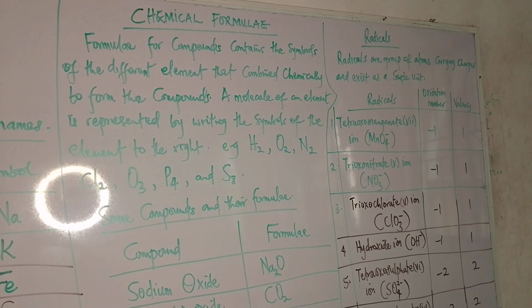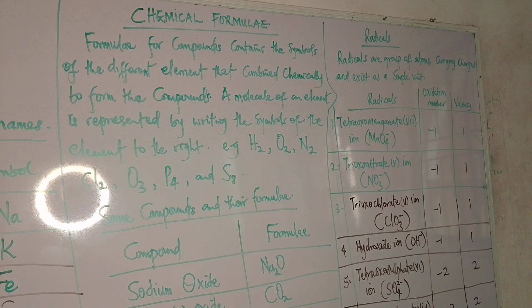The formula for a compound contains the symbols of the different elements that combine chemically to form the compound, that is, the composition of the compound. A molecule of an element is represented by writing the number to the right of the symbol. So you write it to the right, not to the left. For example, hydrogen gas, which is a molecule, is written as H2, oxygen gas O2,